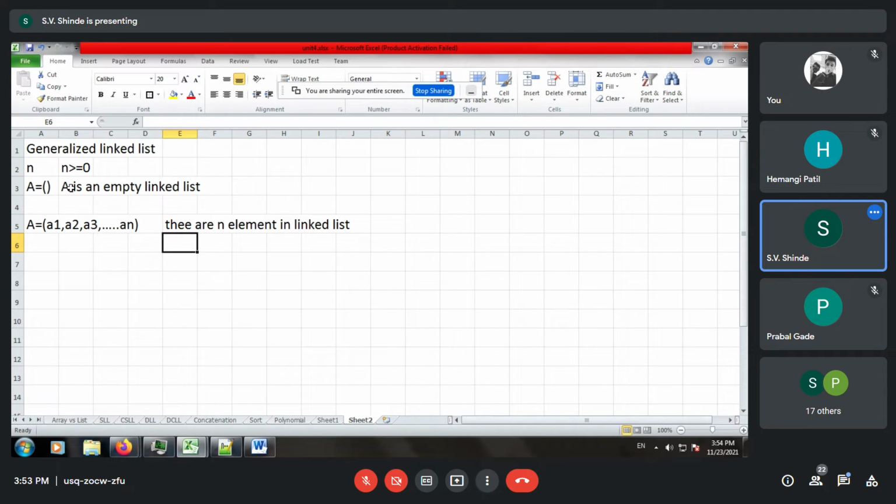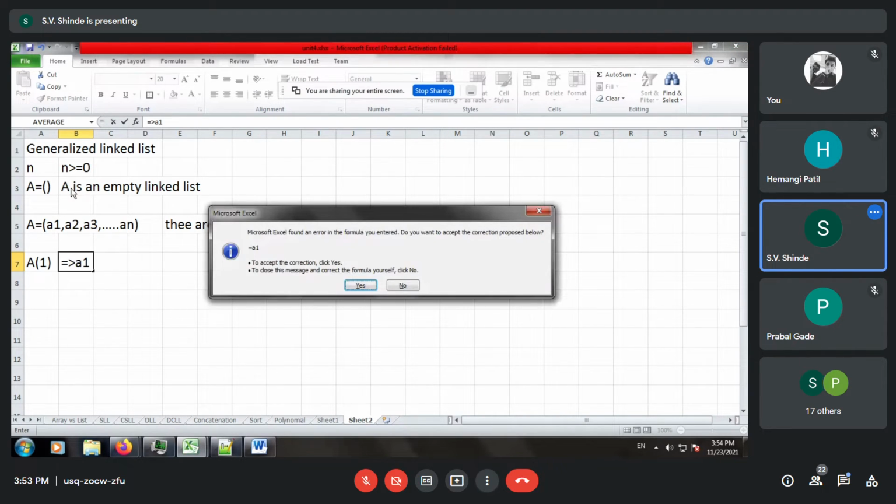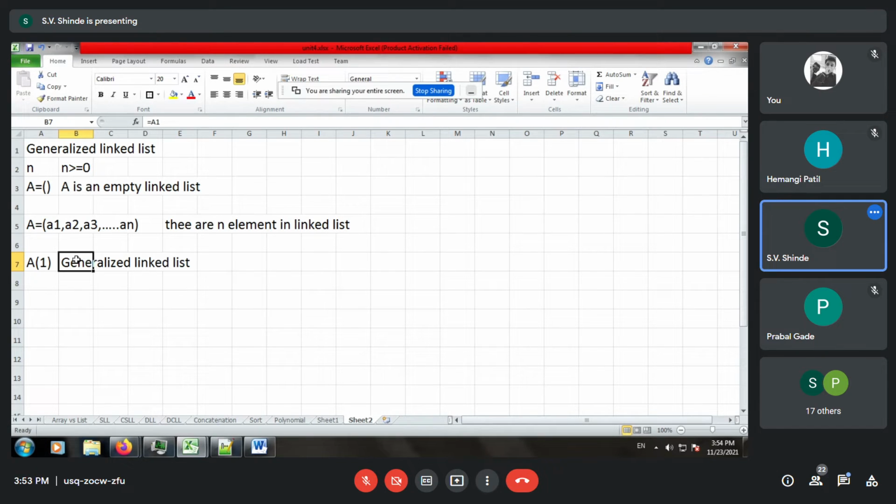Okay, so let us see one more thing about it. Suppose we want to print the first element in the list. You can simply put A of 1. So this simply implies the output as a1. So this will give you an output of a1.